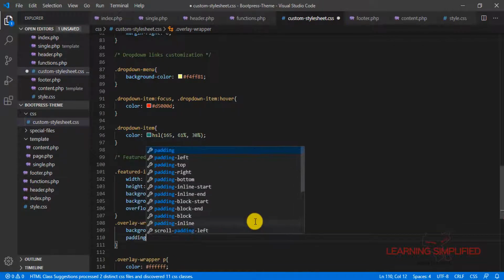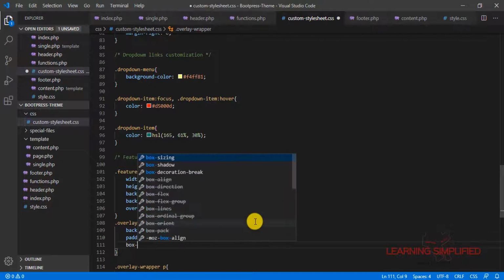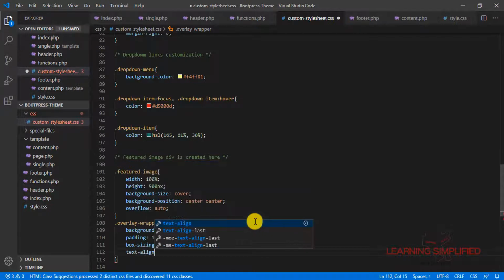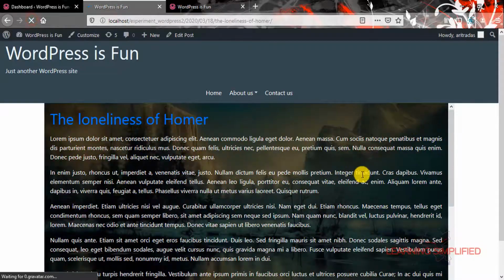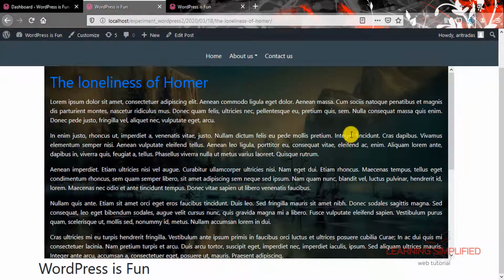Let's put some padding property. So everything is in order. The text is easy to follow, easy to read.